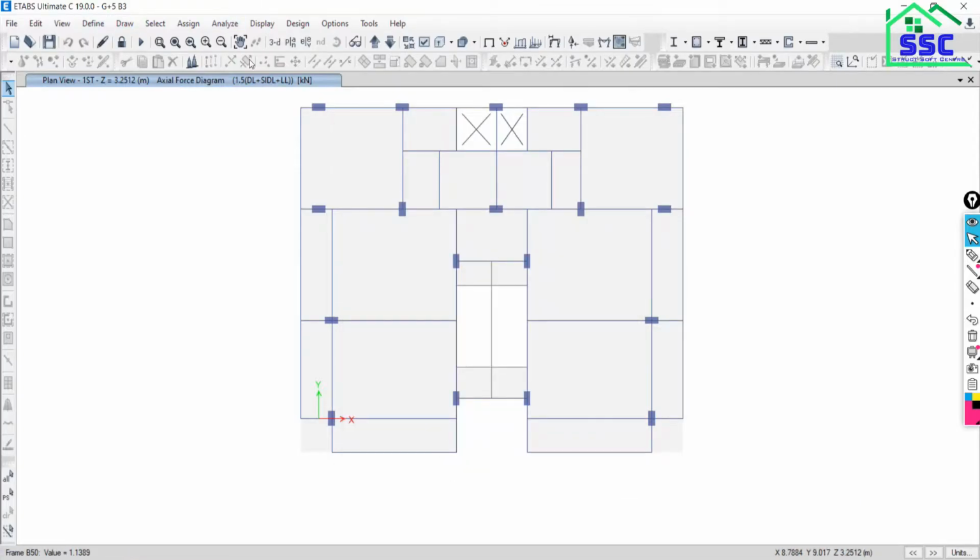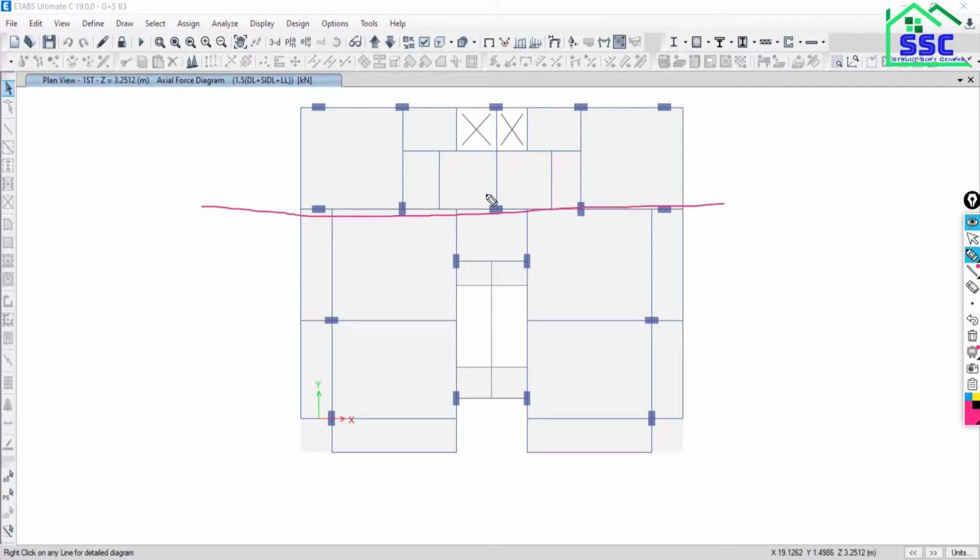Just close this. As beam will not have any axial force, you can see it is very negligible, 0.7. So beam will not be subjected to axial force, you know very well. Beam will be subjected to transverse loads. Okay, so just forget this. Go to elevation. I would like to see the elevation along this line.